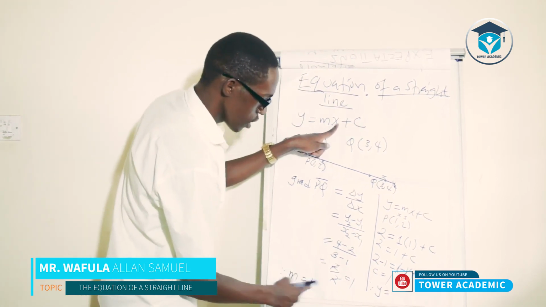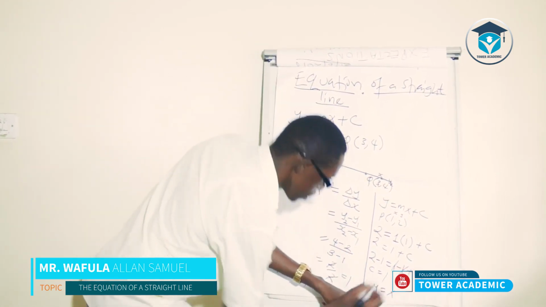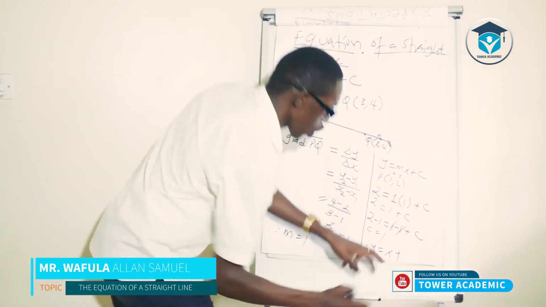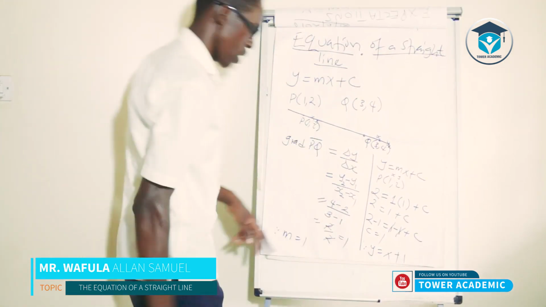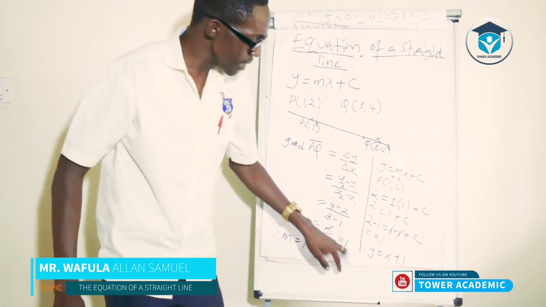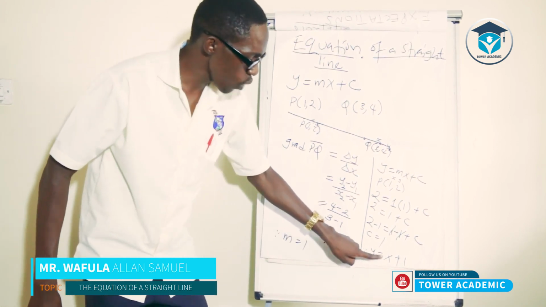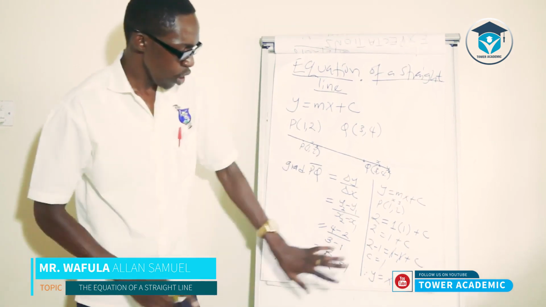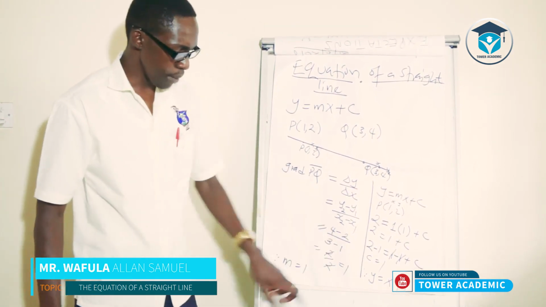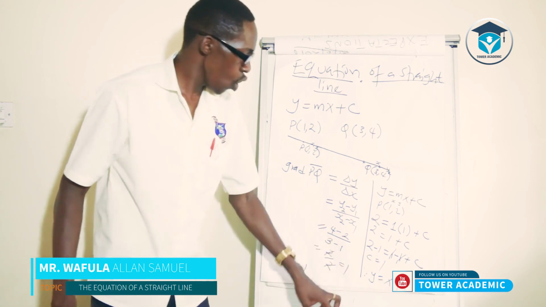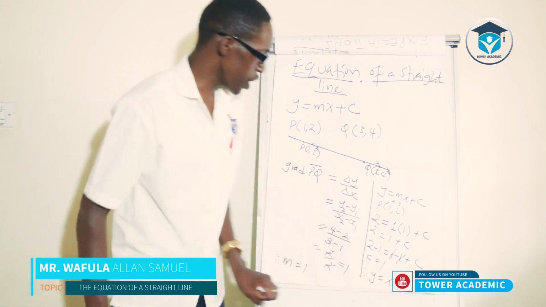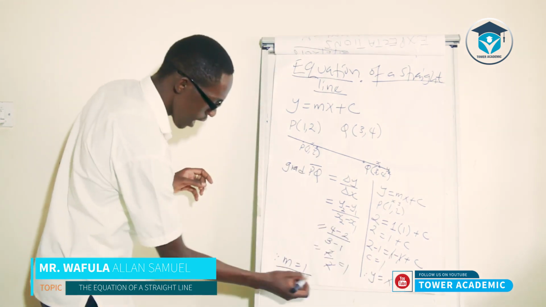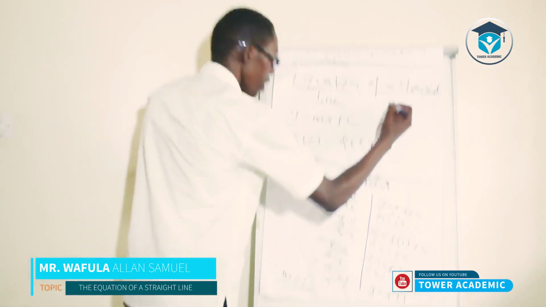Then our x, it is still going to be our x because this is the equation. Then plus the constant c, which we have got as 1. Because it will look bad if someone would say y equals 1x plus 1. So whenever the coefficient of x is 1, we just ignore it, but putting in mind that there is a silent 1. Or if someone couldn't use this equation, provided you have got the gradient as 1, we could also say,